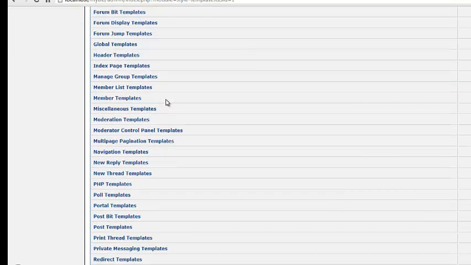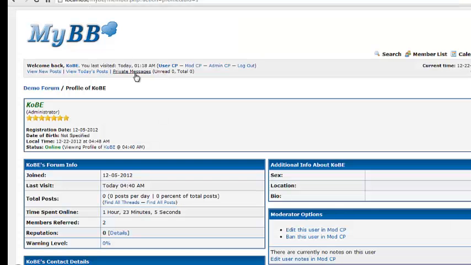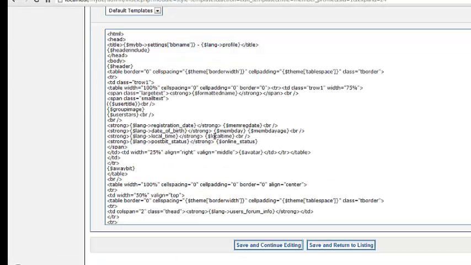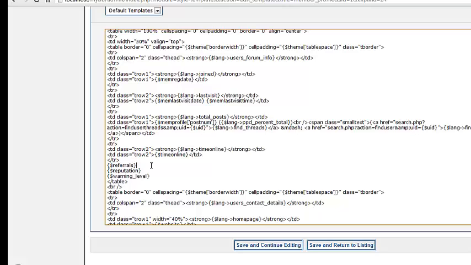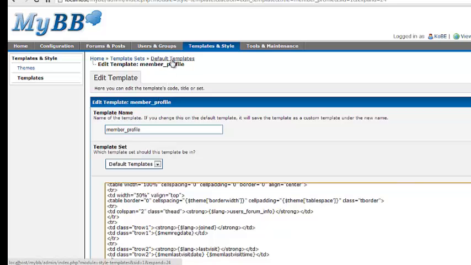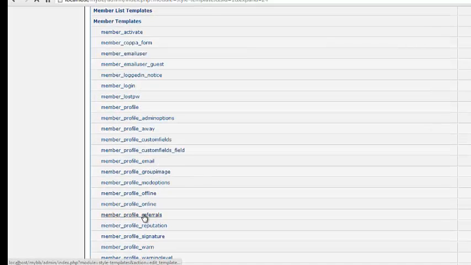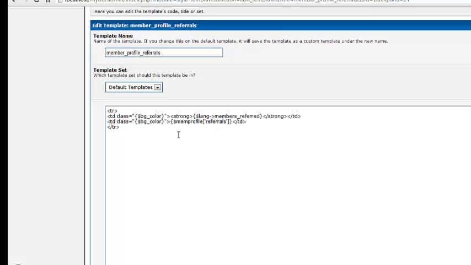and what I'm looking for, we'll do the member page first right here, is members referred. So if we come in here and go to member profile, alright, we're looking for members referred. Well, we're not going to be able to find it because it's not in there, and the reason it's not in there is because they have a placeholder for referrals here, so we have to dig a little bit deeper. Instead of member profile, we're going to go to member profile referrals, which shows up here, and we're going to go into